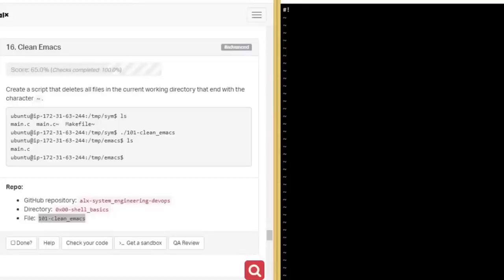Insert mode. All right, enter the insert mode. Okay, #!/bin/bash. So the question says, create a script that deletes all files in the current working directory that end with